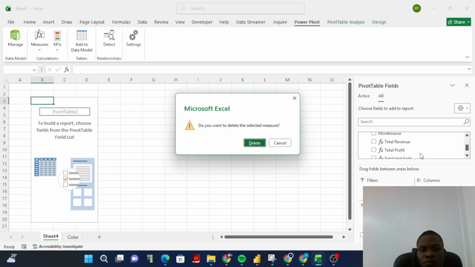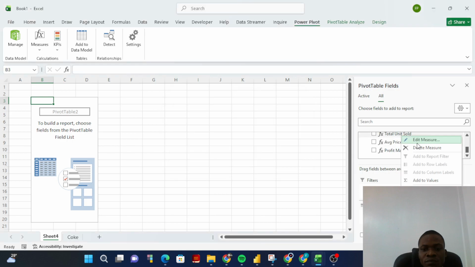So let me delete this. I think I have the measure here before. If you delete this one and you didn't measure it before, it's not going to come up here. But let me just clear all this away so that you can see how you can do this in Excel. We call it DAX query, and DAX can